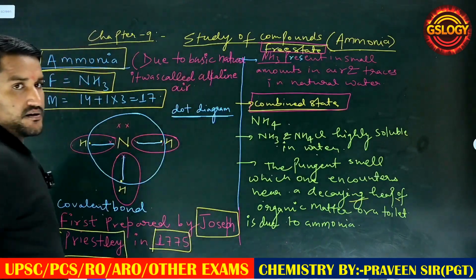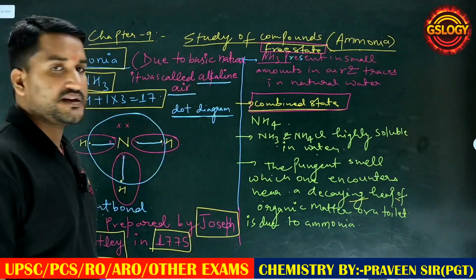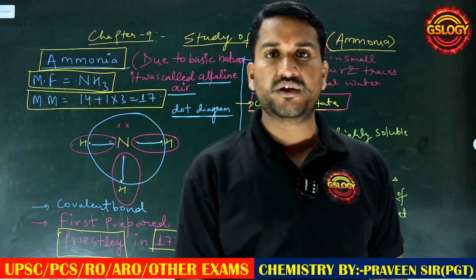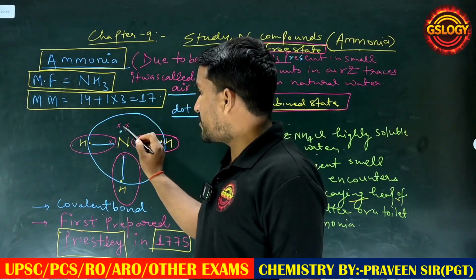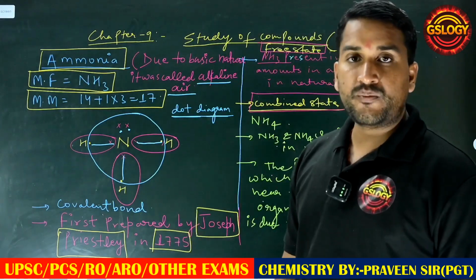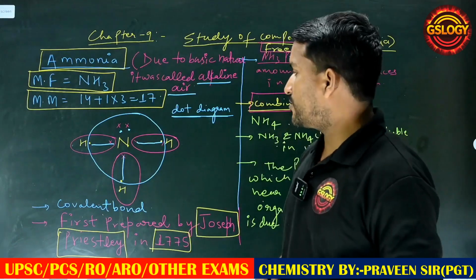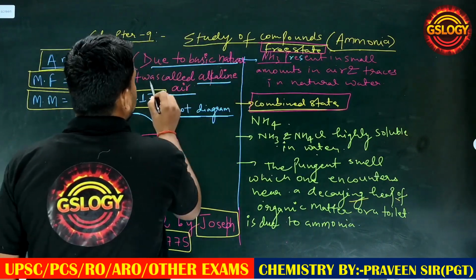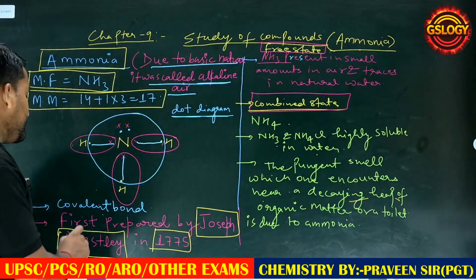Due to its basic nature, it is also called alkaline air. The basic nature of ammonia is due to the presence of a lone pair on the nitrogen. And how many lone pairs are present on the nitrogen in the ammonia molecule? 1 pair. Clear? So due to the basic nature, it was called alkaline air, and it was first prepared